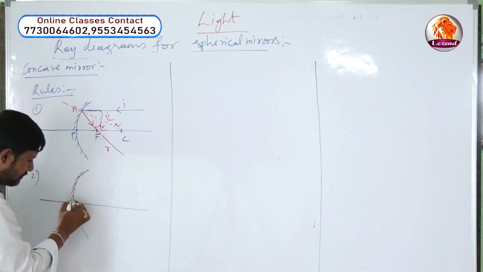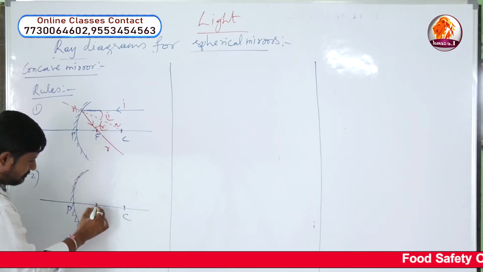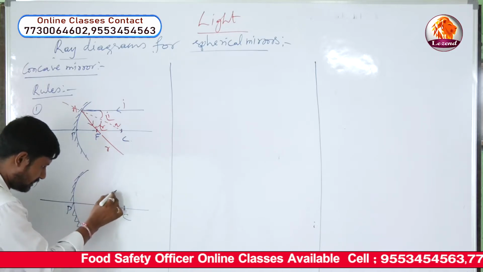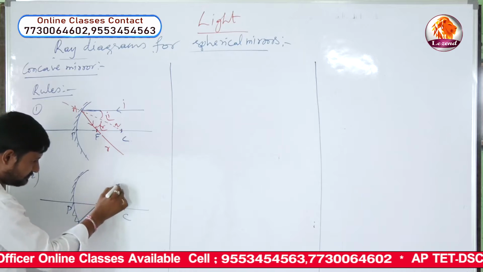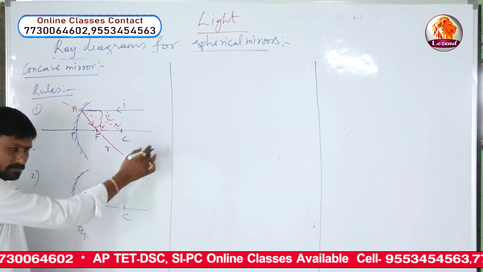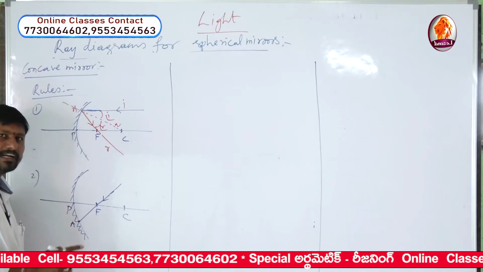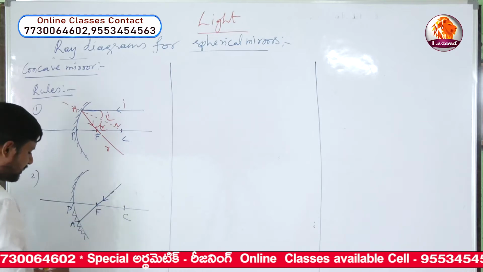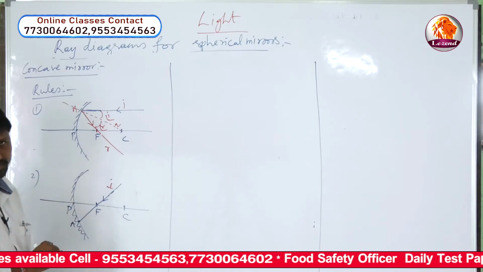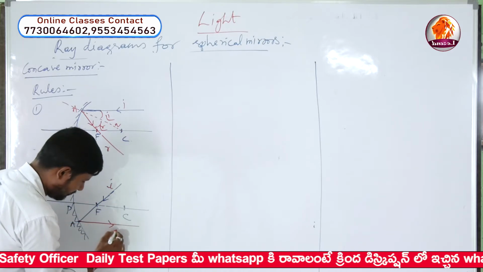pole of the mirror, concave mirror we are taking, and center of curvature, principal focus. Now see here, any light ray which is coming from the object, we are taking a light ray coming from some object, incident on the mirror at a point, and after reflection, this is incident ray I. And now we have to draw the reflected ray for this. So the reflected ray will appear like this now. It is parallel to what now?